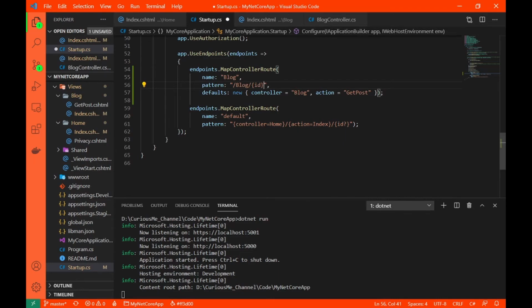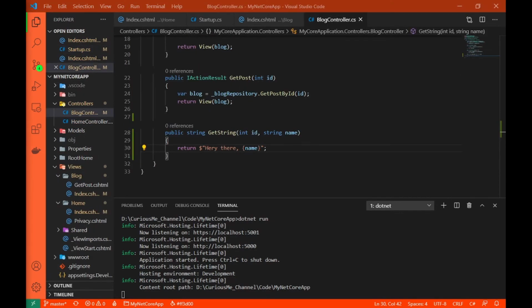You can simply add the number of parameters that you need. For example, I need name, I need age, and so on. You can add as many as you want and make sure this is not too long. Anyway, this is how you can add additional parameters. So basically what we have done here is I have written one more action, and the name of the action is getString. It accepts 2 parameters, ID and name. And based on this ID and name, I'm simply returning a string. It's a very small code so that I can demonstrate this to you.